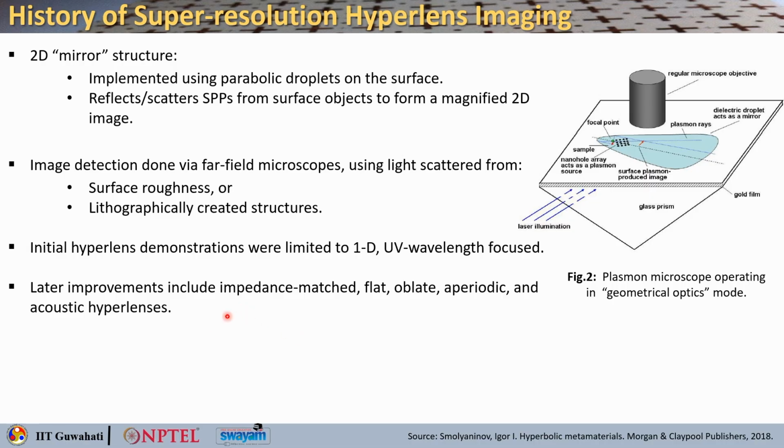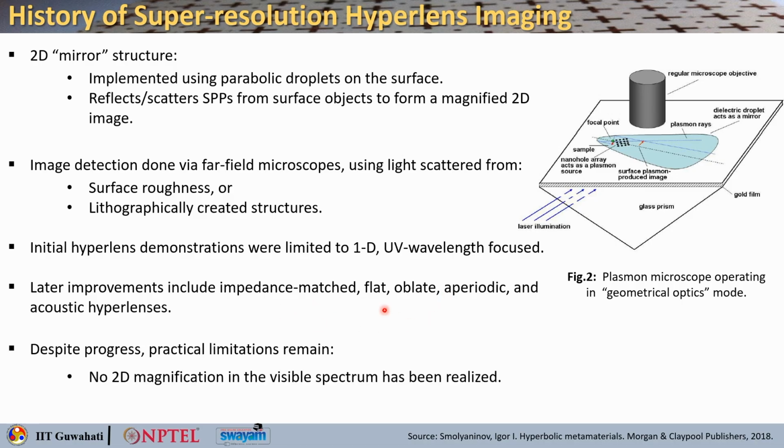Later people made improvements, including matching the impedance, making them flat, oblate or epiradic, or even going for acoustic kind of super lenses. Despite all this progress, the physical limitations remain,